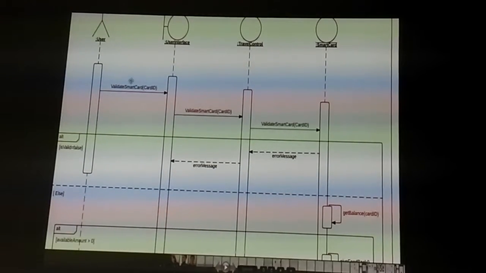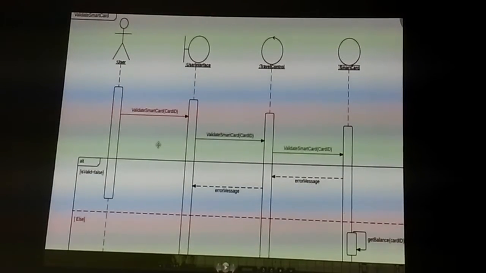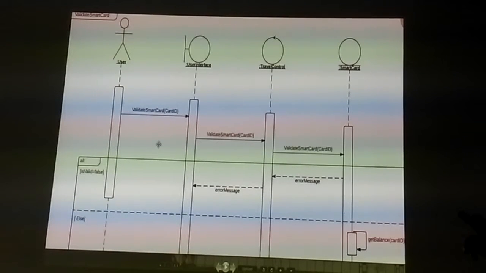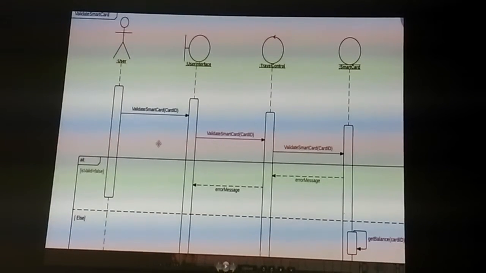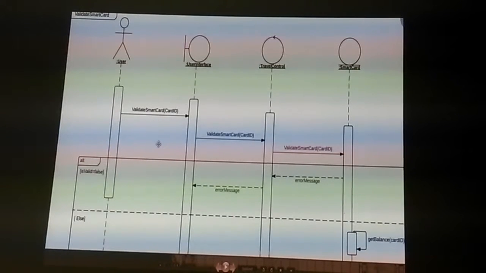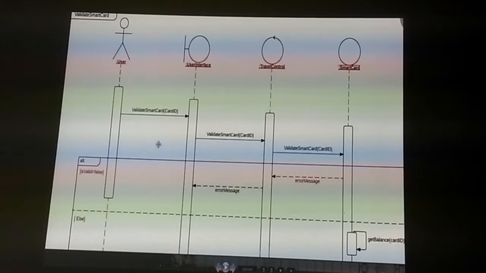Validate sequence. First of all, the user calls the validate smart card method in the user interface. Then the smart card entity class checks whether that smart card is valid. If the smart card is not valid, then it shows an error message in the user interface. If it's a valid smart card, then we check the balance of the smart card using the get